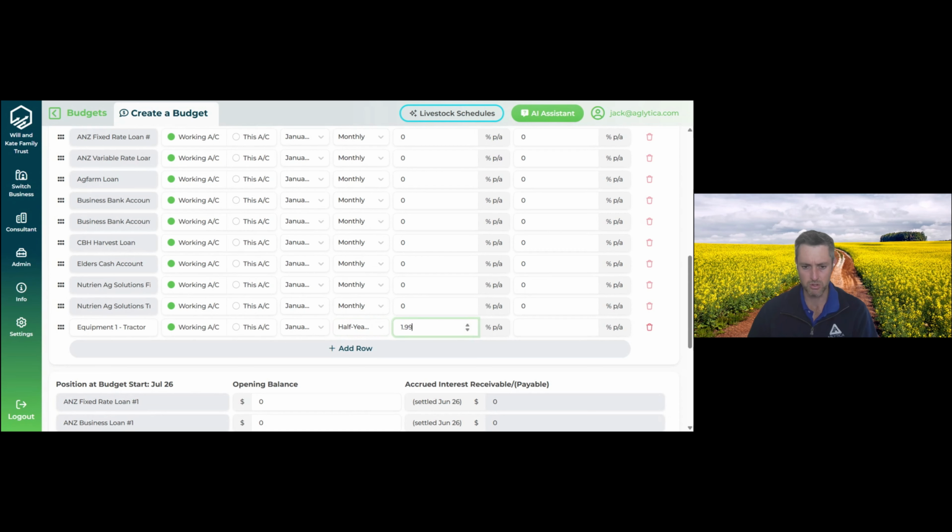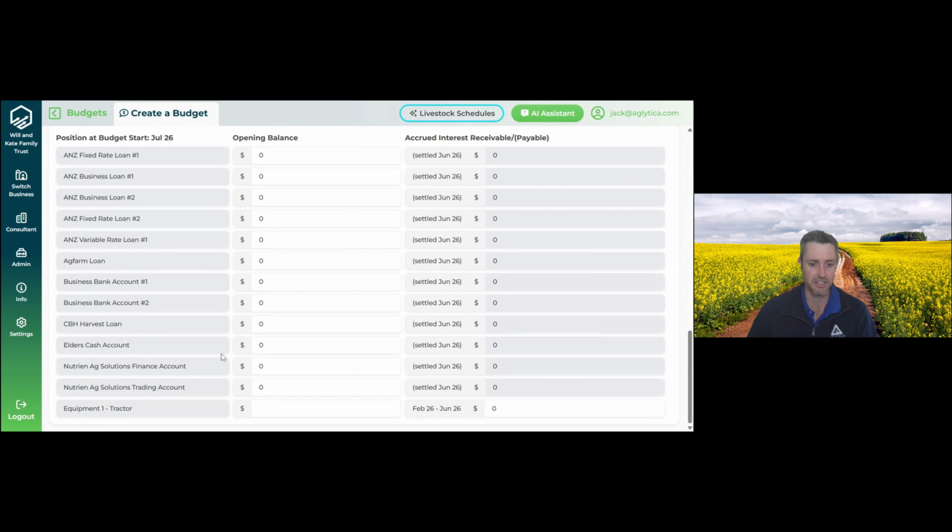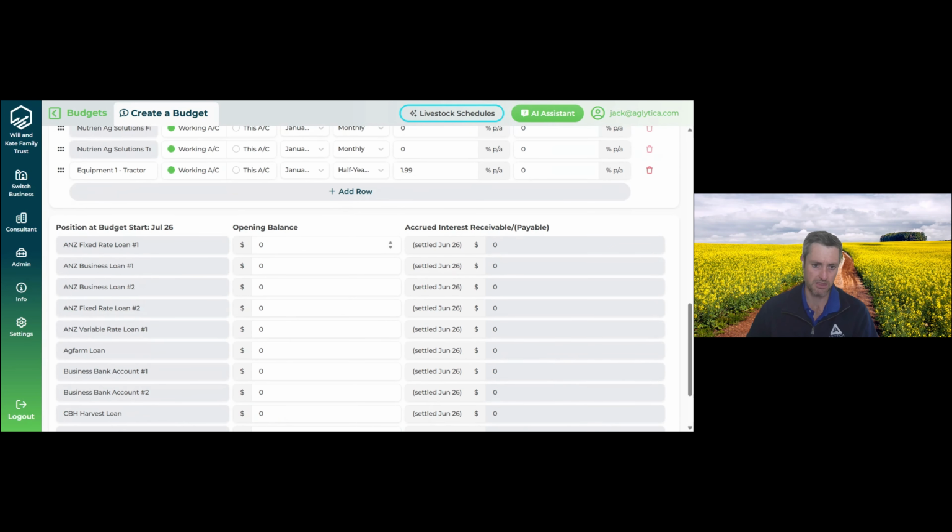If we do have multiple pieces of equipment on the same rate, and then we can pull them together as well. If we left this blank, it wouldn't allow us to finish the budget. So it improves the accuracy of the budget as well when you do get into reporting side. And then down the bottom, for this equipment tractor, you'll need to start opening balance for this as well. For a $500,000 tractor, that can be done these days, and then ensuring that our opening balance, 560